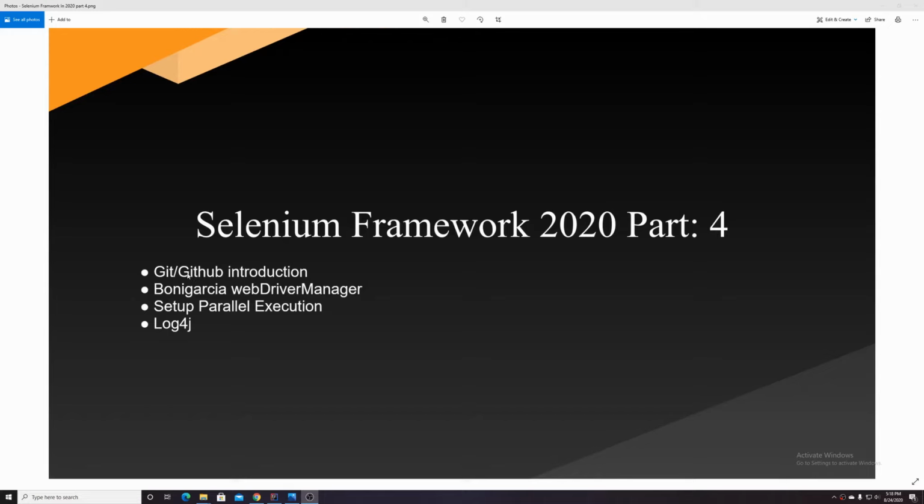How you can install Git, how you can create an account in GitHub, create a project, upload a project from a local directory, and stuff like that. And the next session